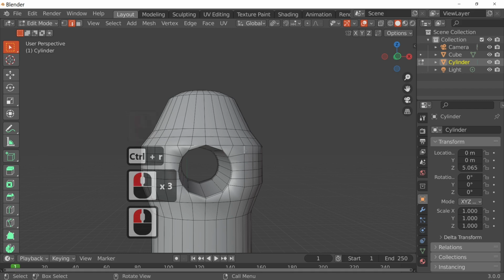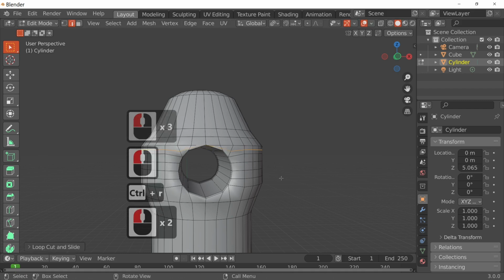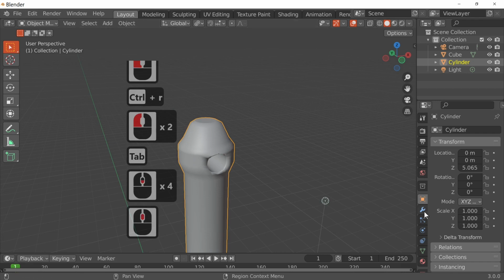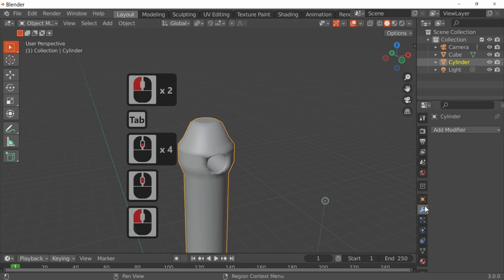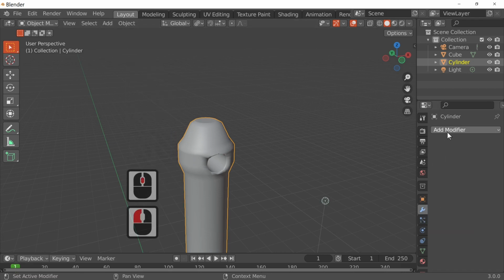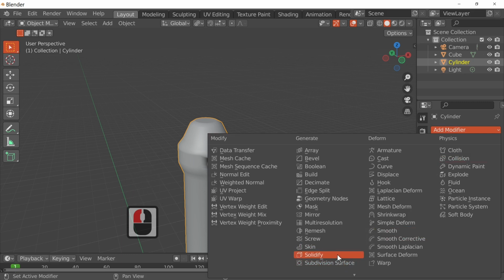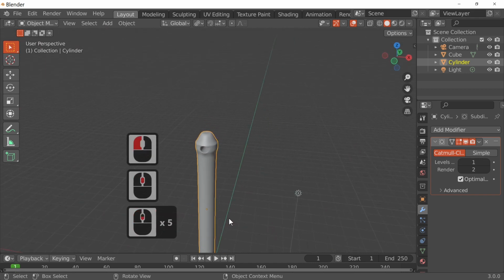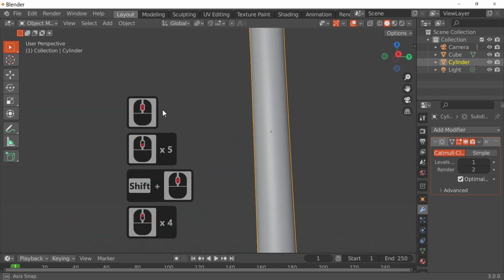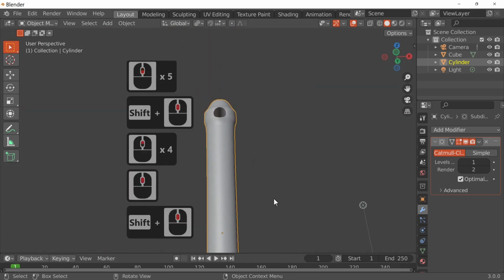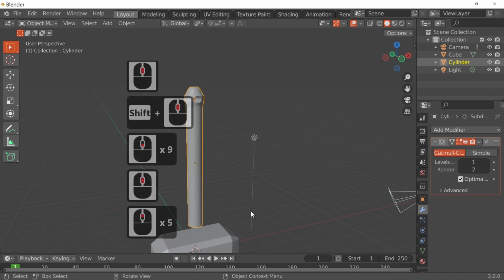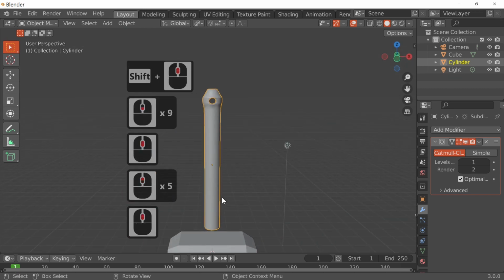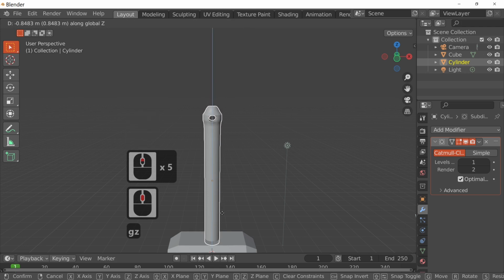All we need to do now is subdivide it by pressing the wrench, add a modifier, and the modifier we'll add is subdivision surface. And as you can see now, we've got the handle of our hammer, and G and Z just to move it down into place.